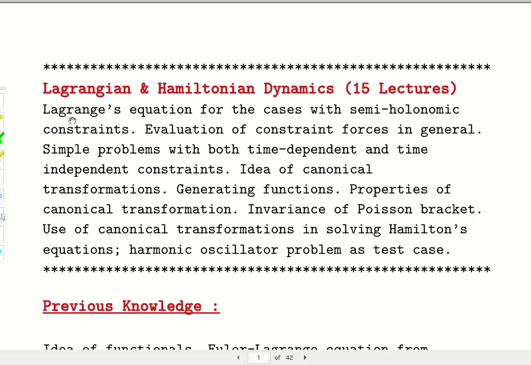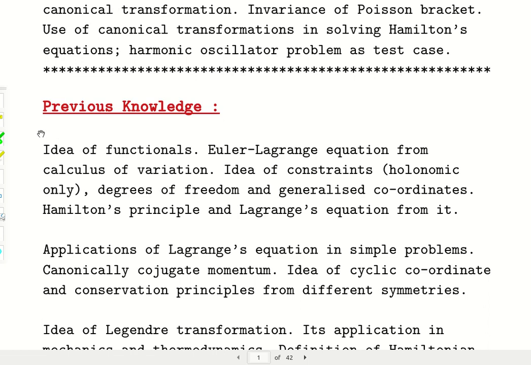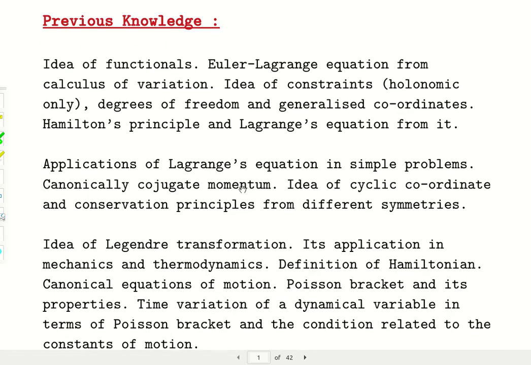Today we are going to learn Lagrangian and Hamiltonian dynamics. So Lagrangian equations we know, and what we know from our previous classes: the idea of functionals, the Euler-Lagrange equation, what is called the degree of freedom and generalized coordinates, Hamilton's principle and Lagrange's equation. We have also done some problems on Hamilton's equations and Lagrange's equations and solved practical problems, and the idea